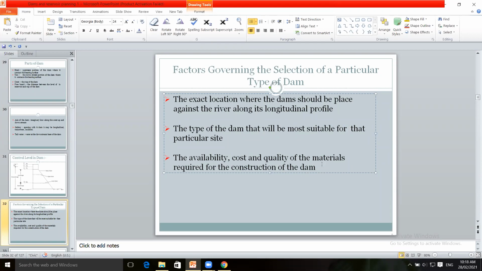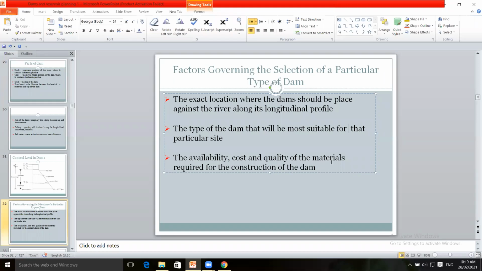And the type of dam to be decided will depend upon the material required and its transportation from the source to the site of the dam. The quality of material is also studied.